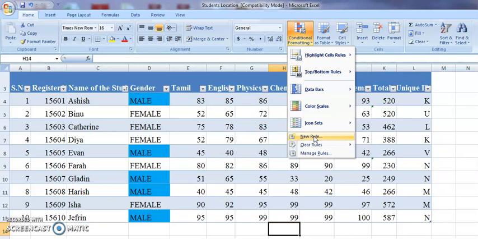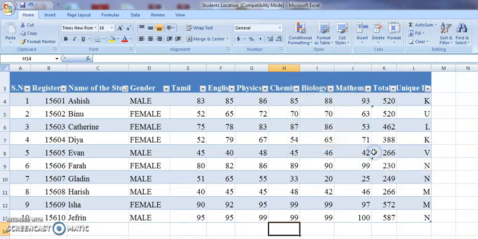Now before that let me clear the rules from the entire sheet. Entire sheet or entire cell, whatever is comfortable. If you have already selected the cell and you are going to that option, just give it a selected cell. If not, you can select the entire sheet. Now, if you want to select a particular record, if you are typing a name of the student and that particular record has to be highlighted, is it possible? Yes, this is also possible using the new rule option under conditional formatting.